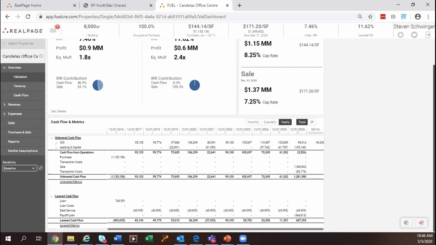Down below, you're looking at the cash flow that I built in creating this asset valuation. So I'm looking at this from a yearly standpoint. Certainly it could be quarterly or monthly. I'm looking at it at a high level. If I open up these carrots, I could get to a more detailed representation of this NOI and leasing and